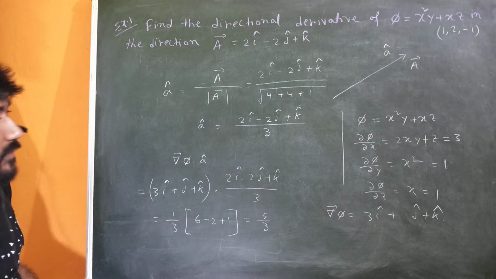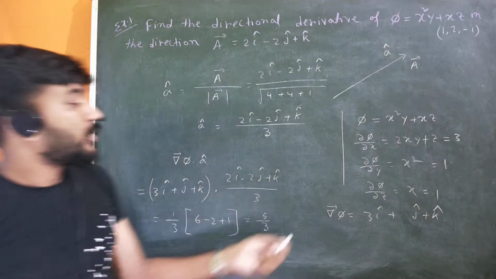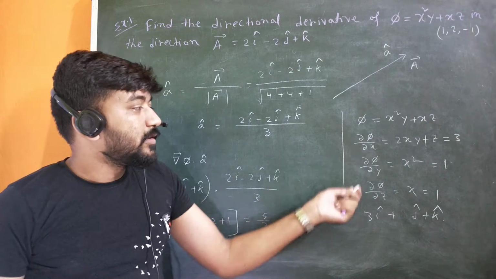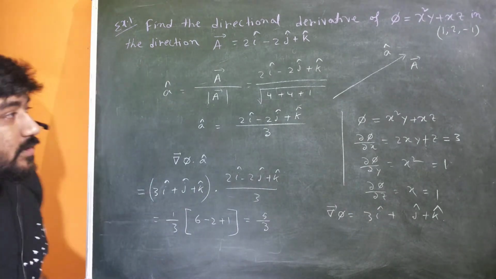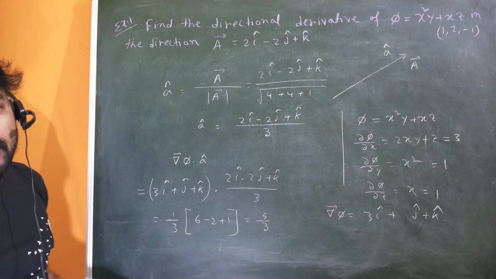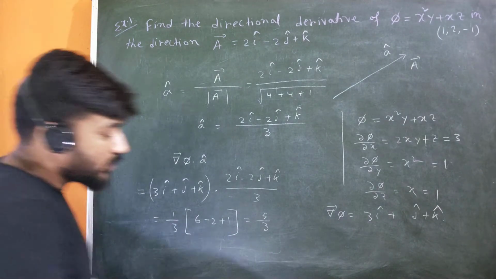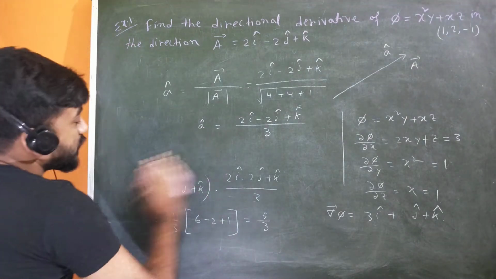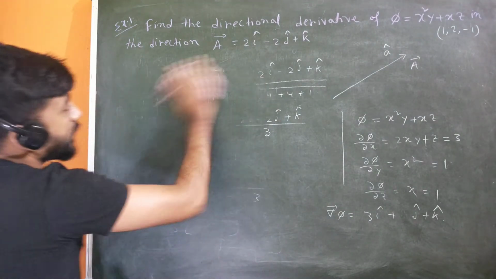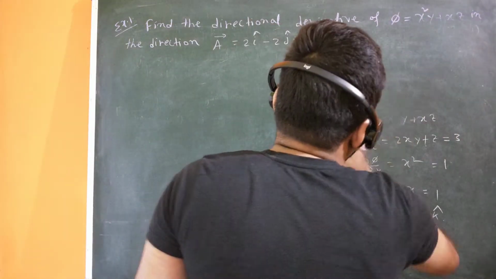So this is how you can solve problems involving the directional derivative, and you can easily find grad phi if you have a little knowledge of partial differentiation. Now let me discuss some important properties of the gradient of phi as well as the directional derivative. Here I would like to discuss basically two important properties on grad phi as well as on the directional derivative.